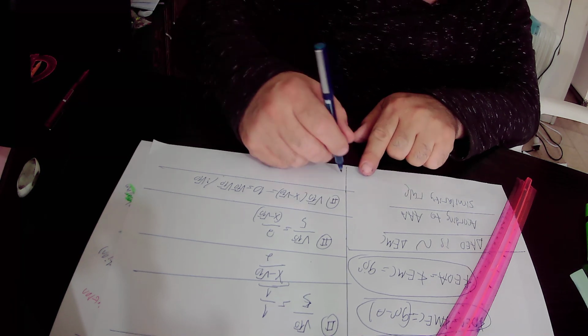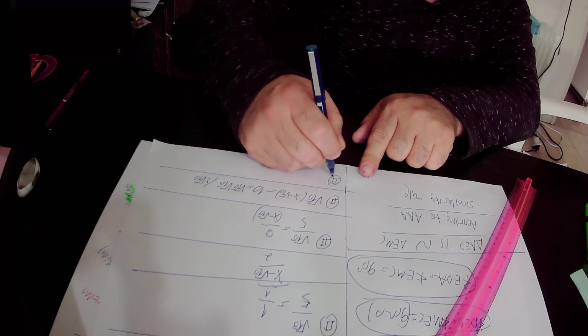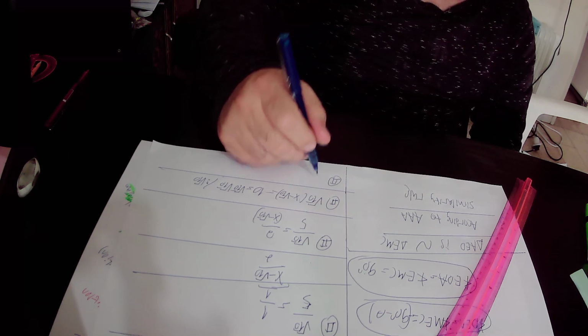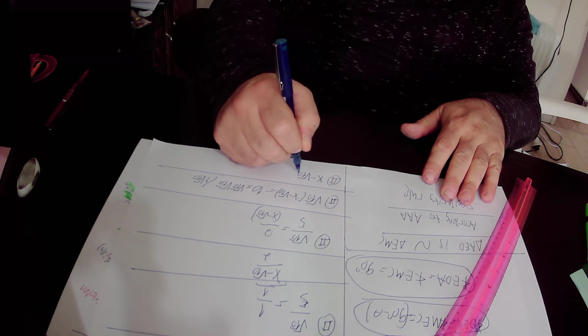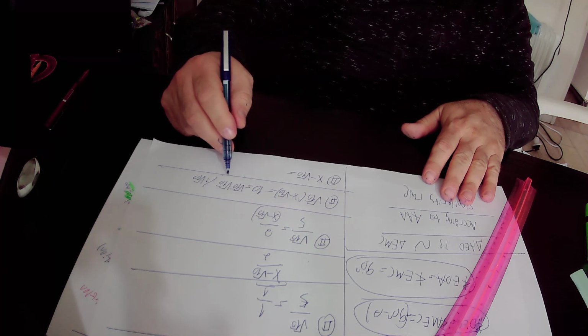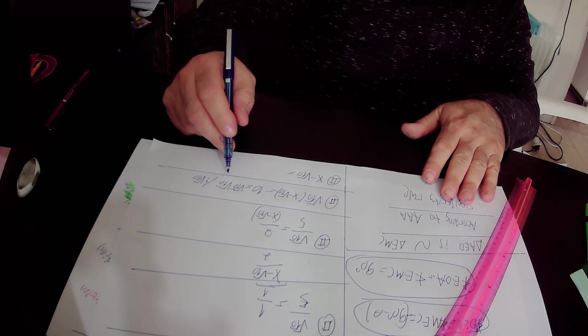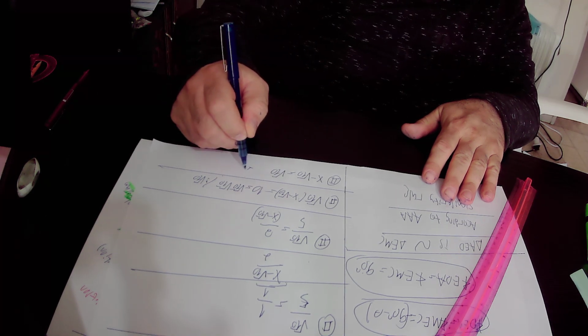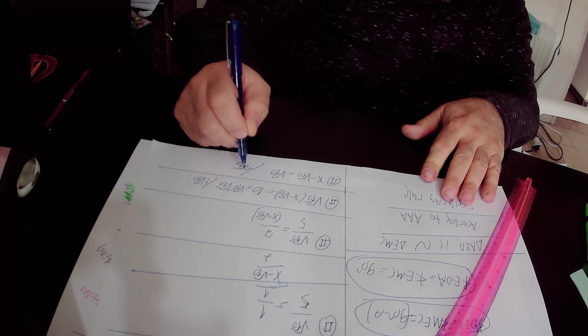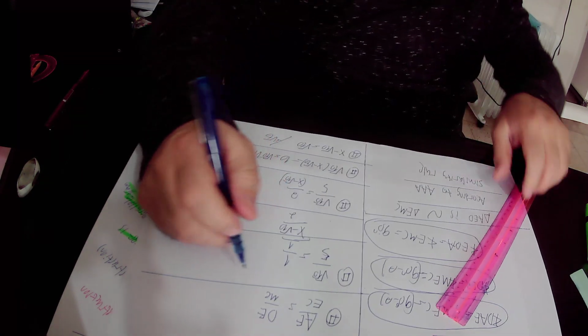Square root of 10 times square root of 10 over square root of 10 is square root of 10. Here what is left on this side of equation number 2 is only x minus square root of 10. So here we will add square root of 10 to this equation, and we will get that according to equation number 2,